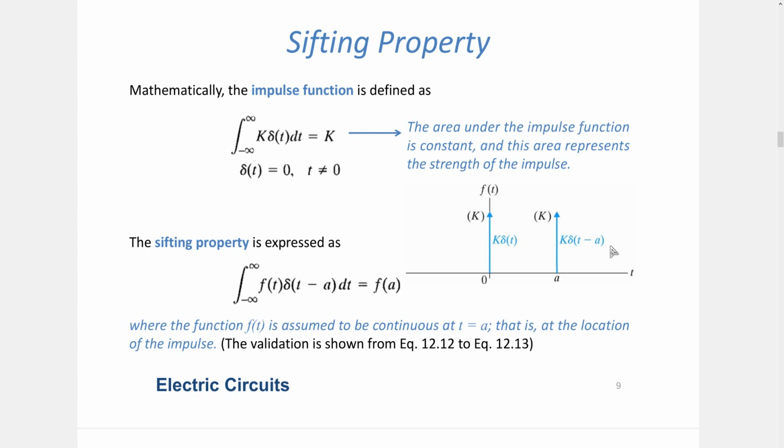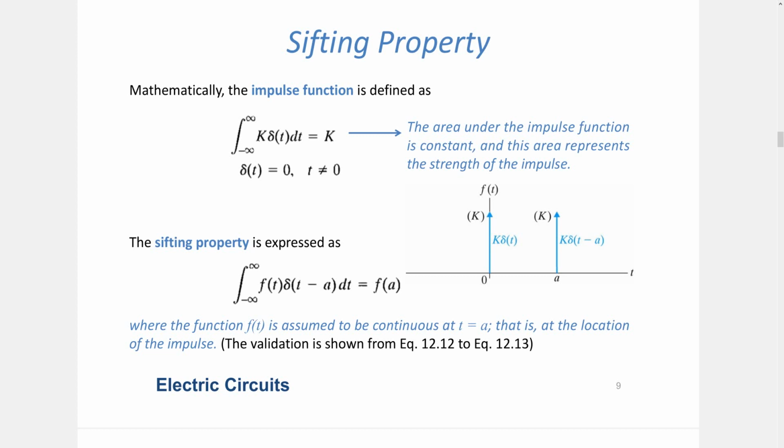And the shifting property is something different than shifting. Sounds similar, but they are completely different things. The shifting property basically represents an interesting relationship. First of all, when we have an impulse function that sifts out everything except the value of f(t) at t equals a,